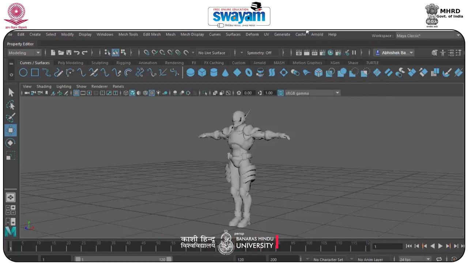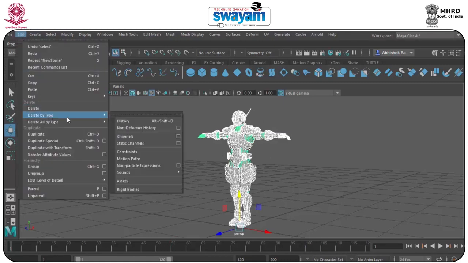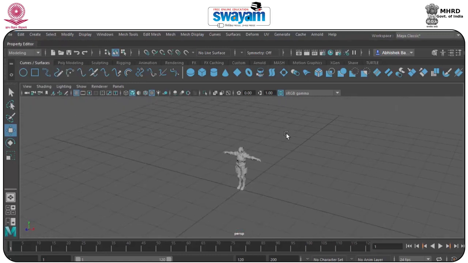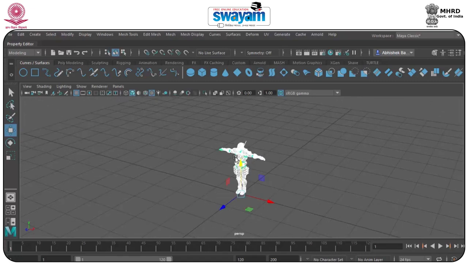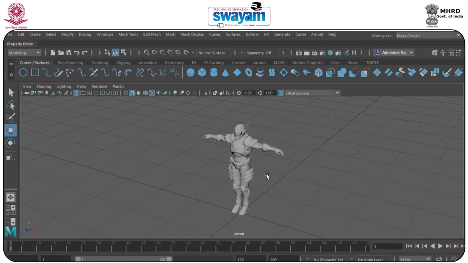of Arnold. So at first I will select all the model and go to Edit, and here we are at Delete by Type, History. So all the history will be erased, and the model is in between the grid. Make sure that the model is low in size, because if you increase the size, definitely it will take a huge amount of render time. So if you can decrease the model size, definitely your scene will be lighter. So we'll put the model into a smaller size in between the grid,